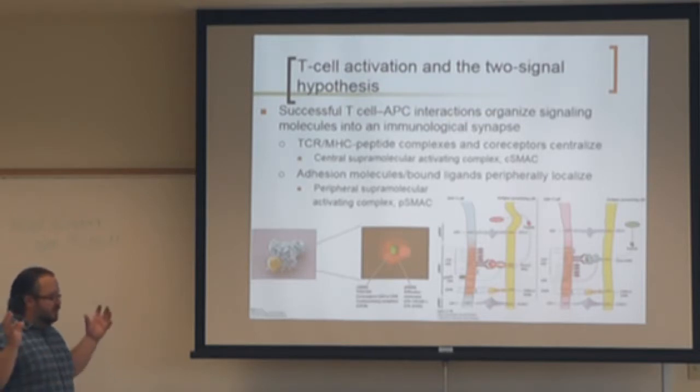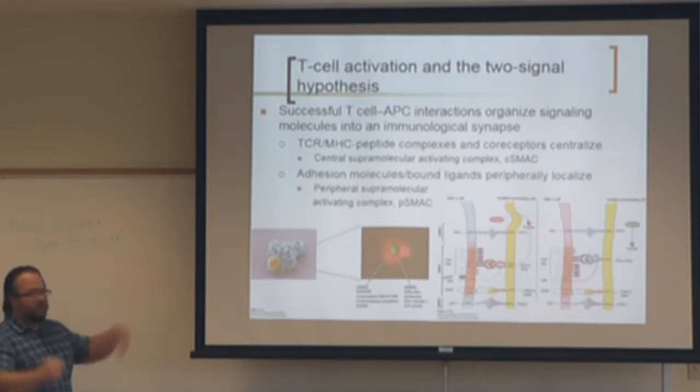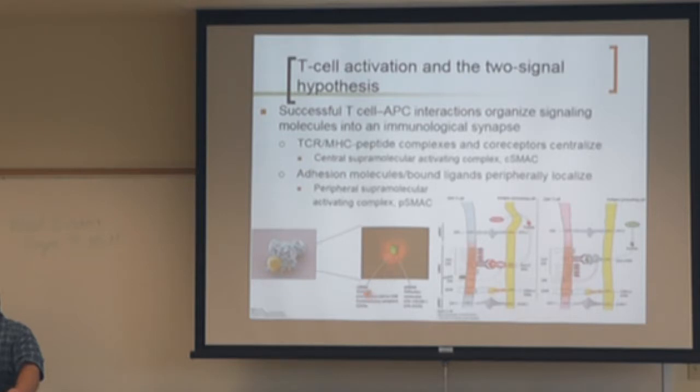The cytoskeletal filaments start to drive more MHC molecules to the surface in the location where that T cell receptor bound. It starts to co-localize all of these MHC molecules in what's called the cSMAC, or the central